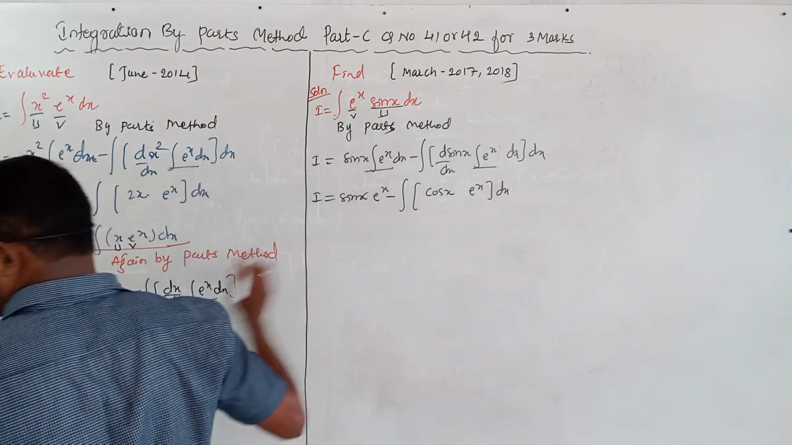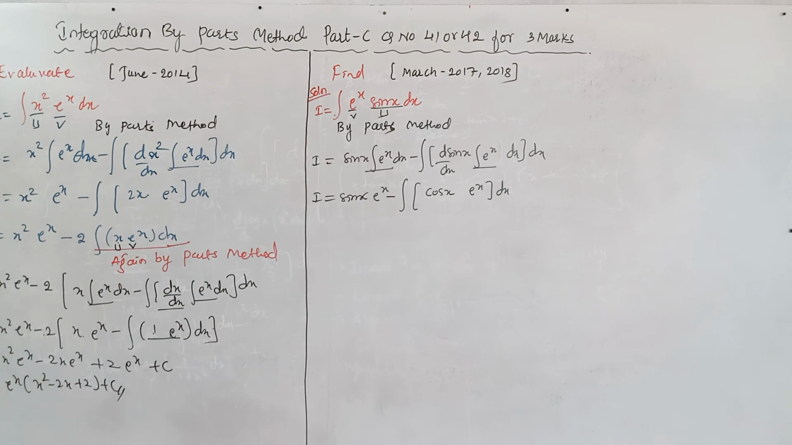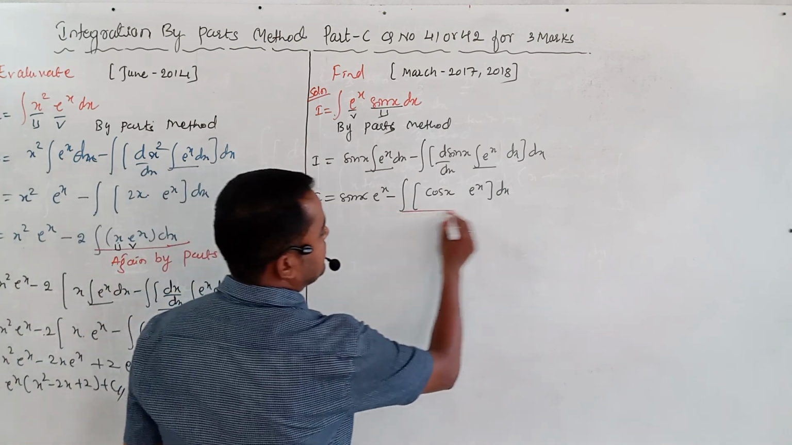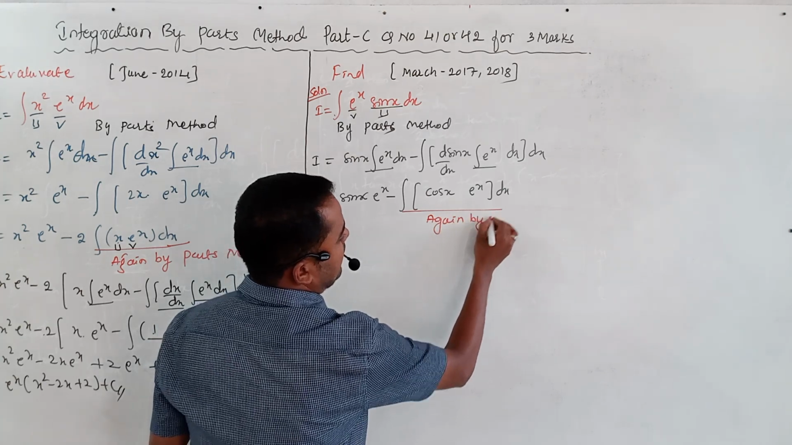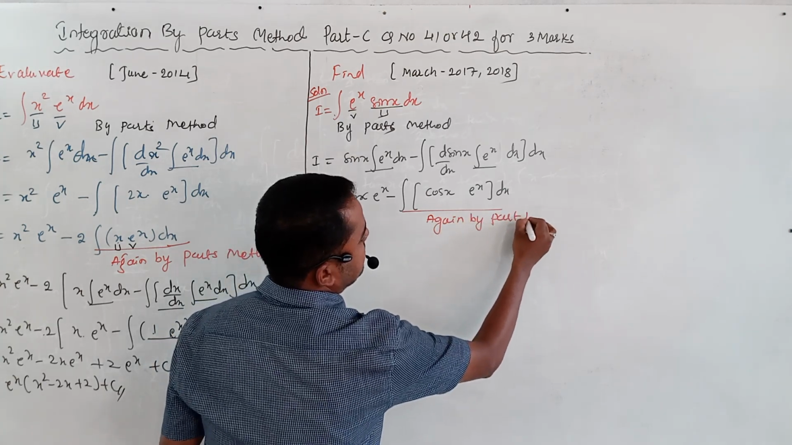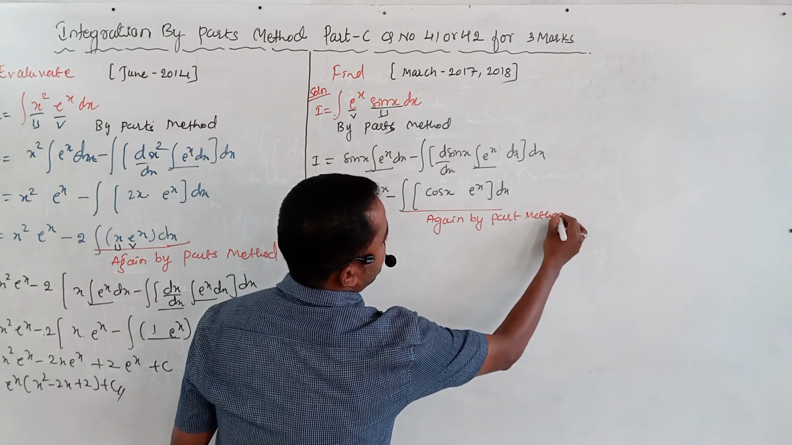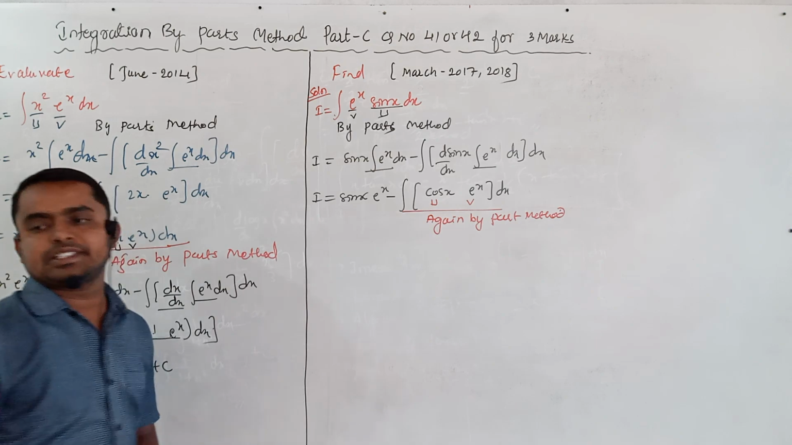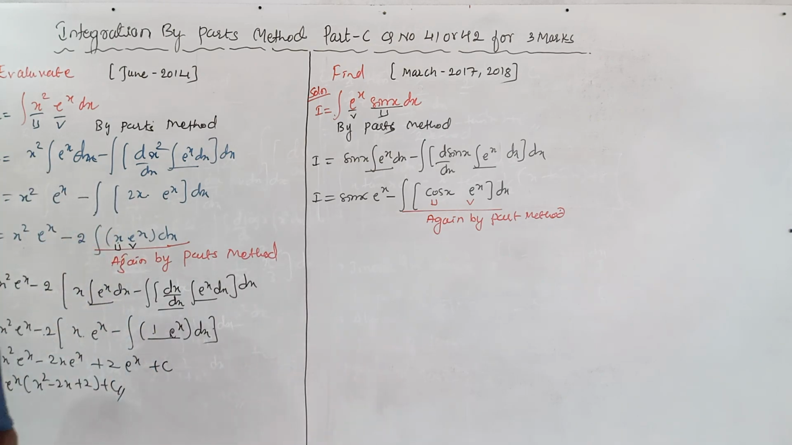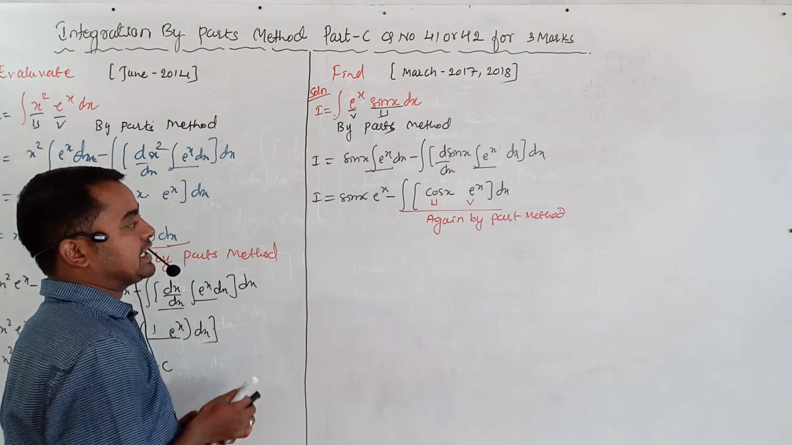Again by parts method to this one. We have to apply this one again by what? Parts method here. Again by parts method. This one is what? U and this is what? V. Yes. Write the things again by what? Using parts method. That is I is equal to